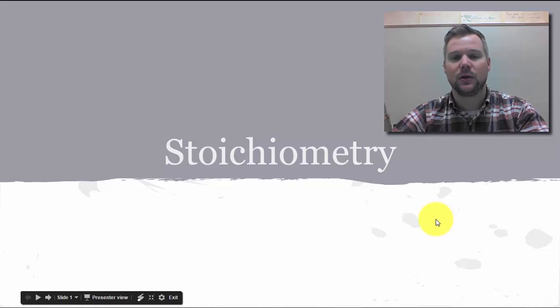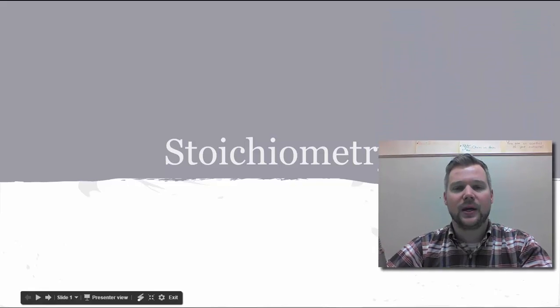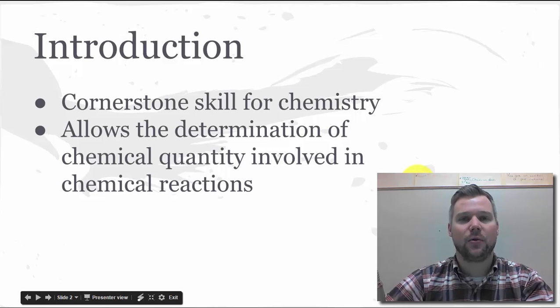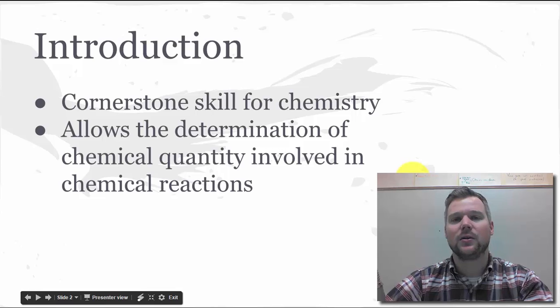This is stoichiometry. It's one of the big ideas that we have for chemistry. It's something that if you don't know how else to solve a problem, just start doing stoich and you might get closer to the answer that you're looking for. So it's a very important skill, and it allows us to predict how much chemical we might use or how much chemical